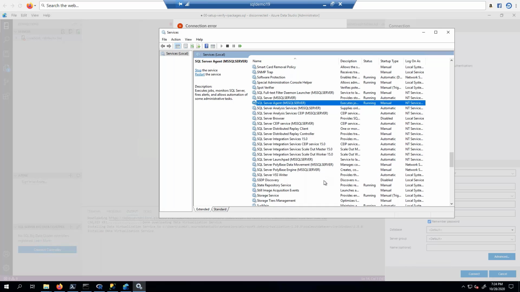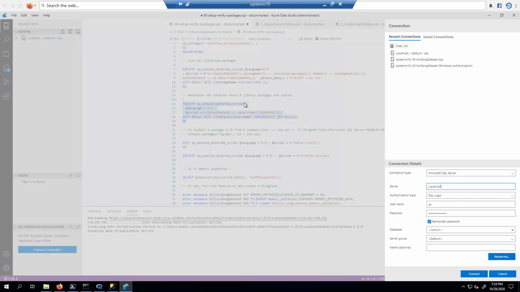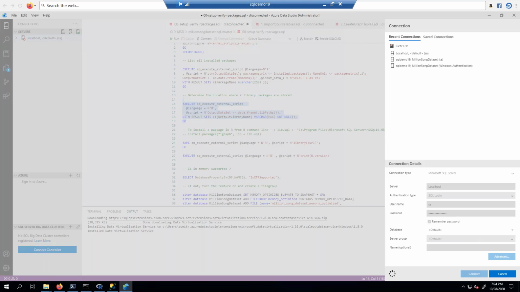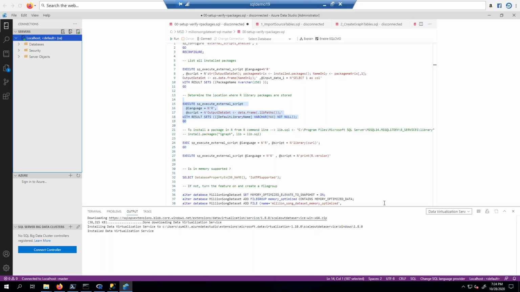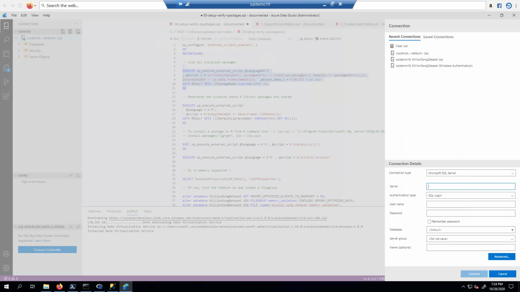This looks fine. Then let's do this. Localhost, looks good. Somehow it died on me.